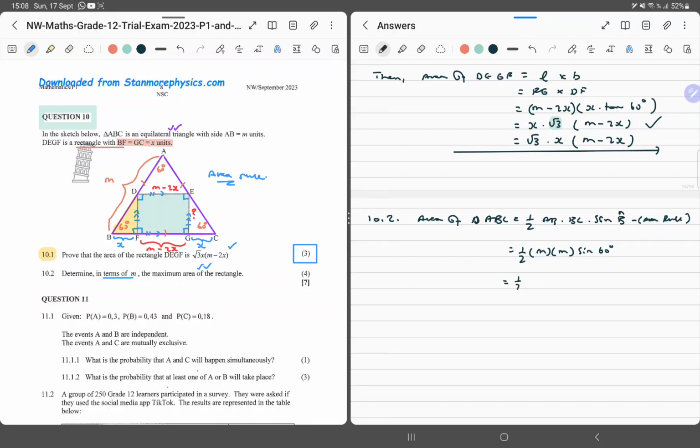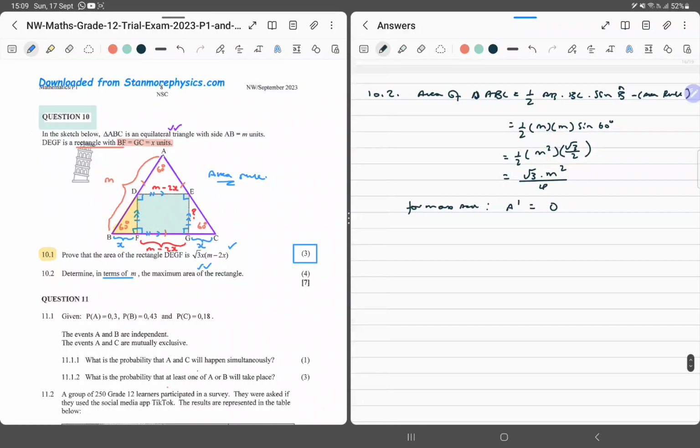Now, this is half into M squared. Sine of 60 is root 3 over 2, right? And then we multiply everything else. It's going to be root 3 times M squared over 4, right? That is that one. So it says determine in terms of M the maximum area. So now we can say for maximum area, it is such that the area prime is equal to 0. Okay? Now